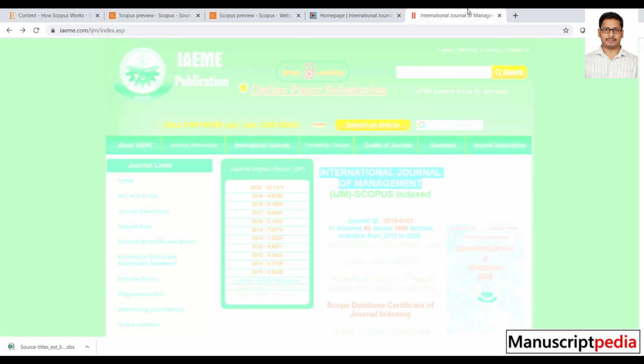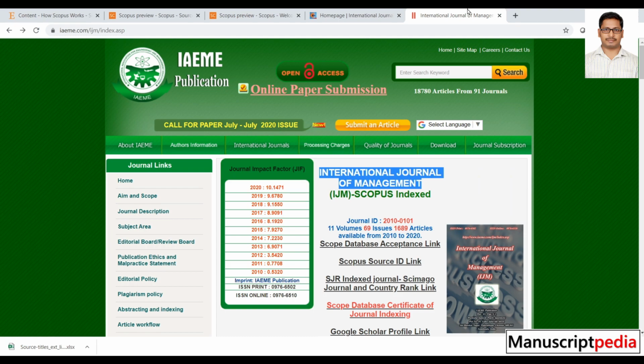Here I have taken an example of another journal, the International Journal of Management by IAEME Publications. Here you can find two ISSNs, the print ISSN and the online ISSN. I will take the online ISSN.